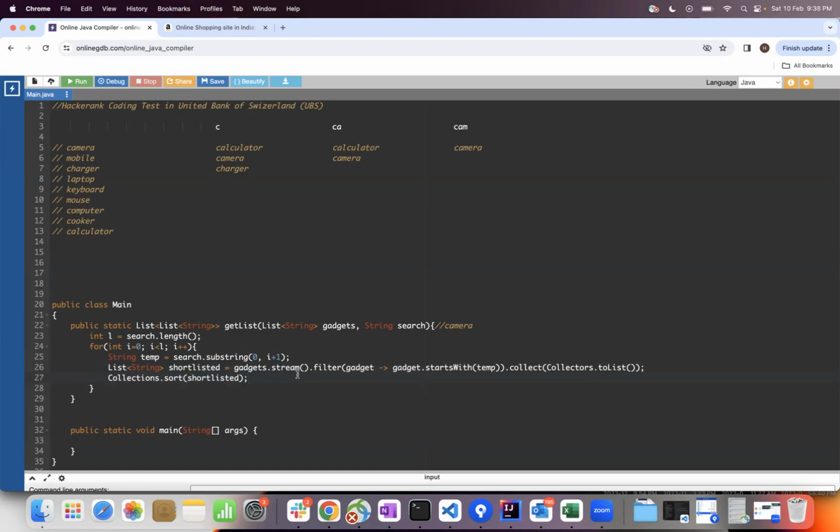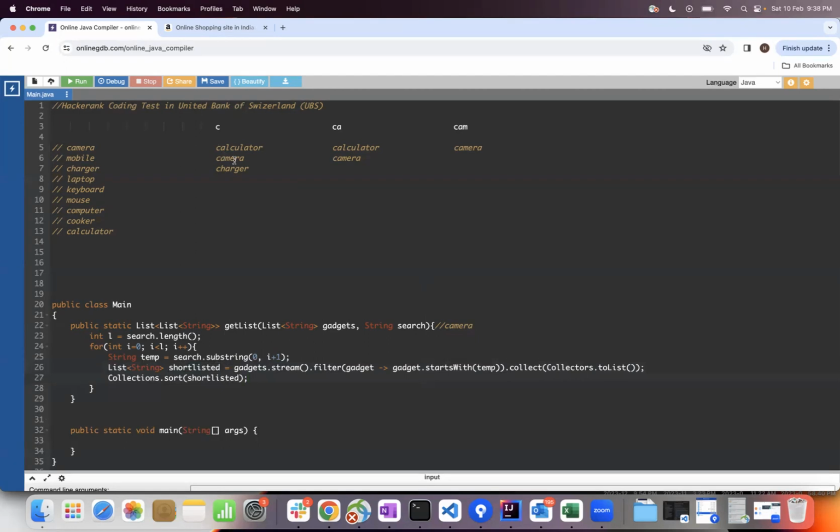Collections dot sort. Now, see, I have all the gadgets which are starting with C, and they are sorted in alphabetical order. But my second condition was to only have